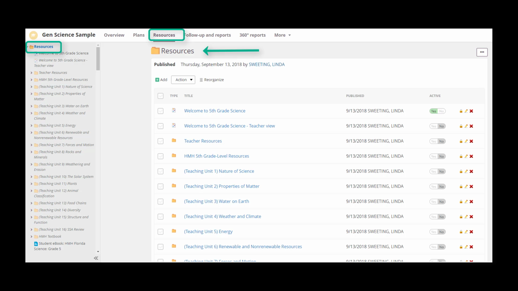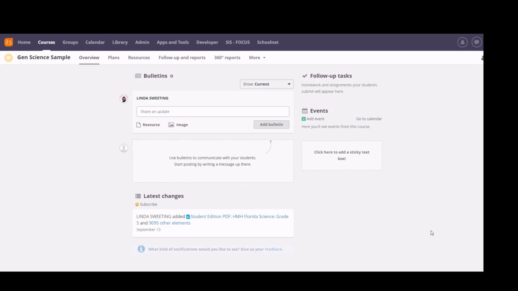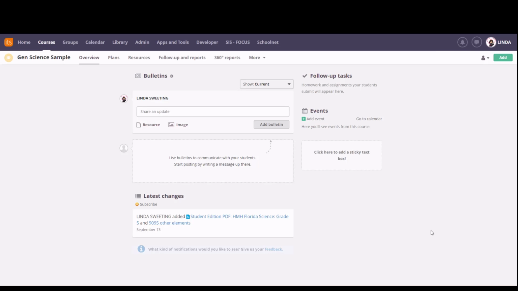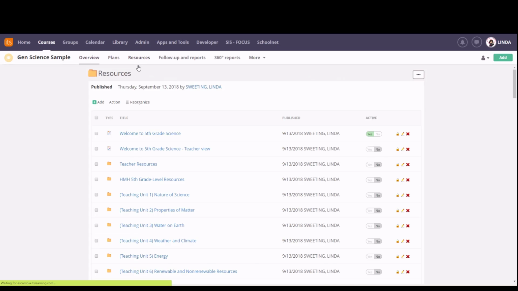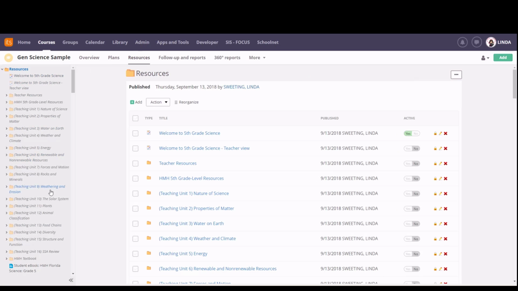CORE-LMS quick view. All of the things that we're going to look at will be in the resources, and what's on the left is the same as what's on the right in that resource. So when you are in your course, you will navigate to that resource tab in the course in order to open the resources. By clicking resources, we get the listing of all of the resources that are available to us